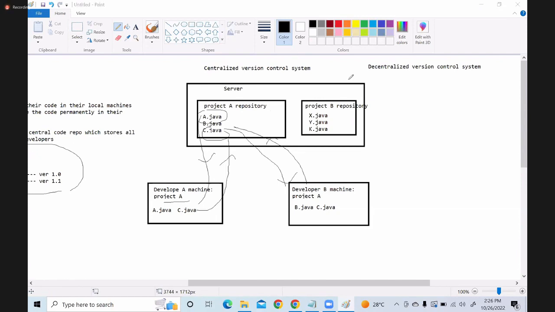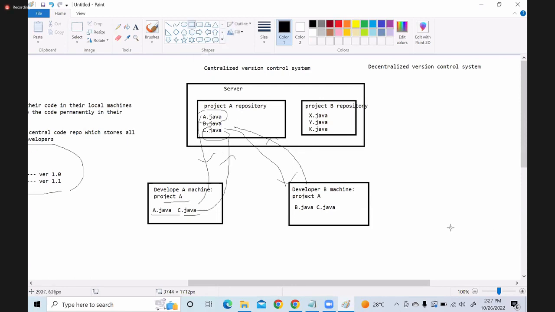Similarly for project C. I'm just giving an example: A.java, C.java. He can take B.java also, not an issue. So if you see the example here, developers will be taking individual files from these repositories.